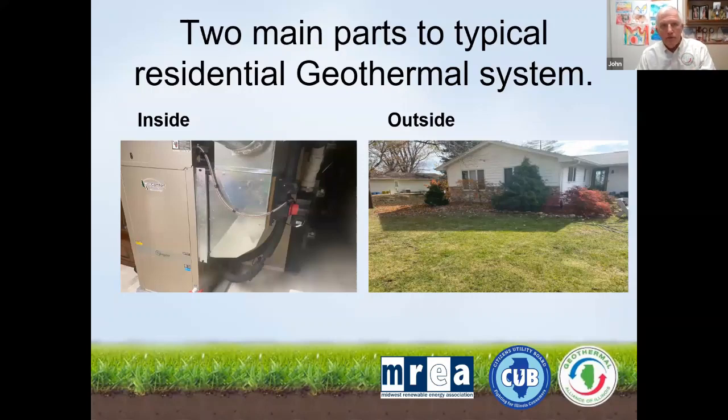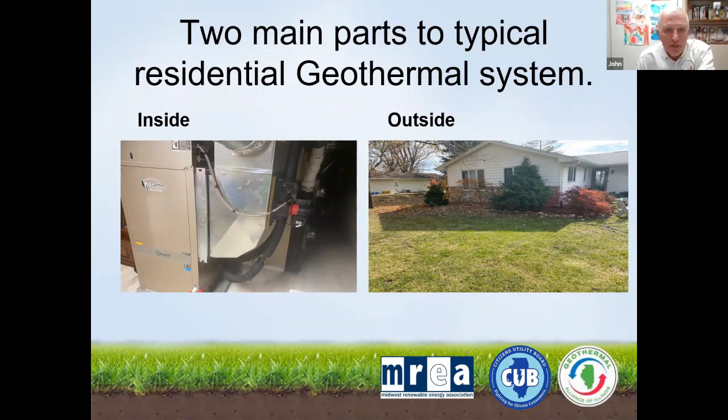This is my Geo system. This is my home in Springfield, Illinois. So on the left, you see my Geo unit. Looks to a great extent real similar to a typical furnace, except you see the piping there towards the right side. It's got 2 pipes, one coming in, one going out. And then you see that black box in the middle there on the right side. That's the pump. That's the pumping system that actually pumps the fluid through the loop field,